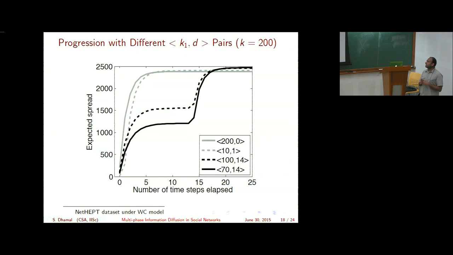So our main problem was that because of the two-phase nature of this problem, in the single-phase diffusion case, people can study the diffusion on millions of nodes, or even more than that. But that involves Monte Carlo simulations for this to be calculated accurately. So they have some Monte Carlo iterations, because this cannot be exactly calculated. It's a sharp-P hard problem. So they use Monte Carlo iterations to do it. But in our case, because it's a two-phase thing, we need Monte Carlo iterations for the first phase. Then, okay, just to give a picture.